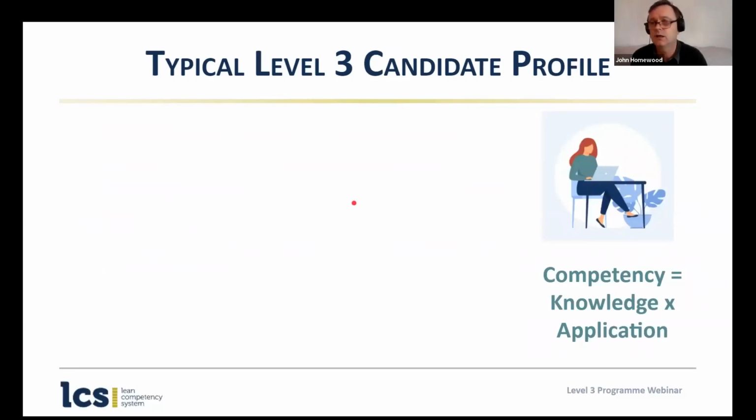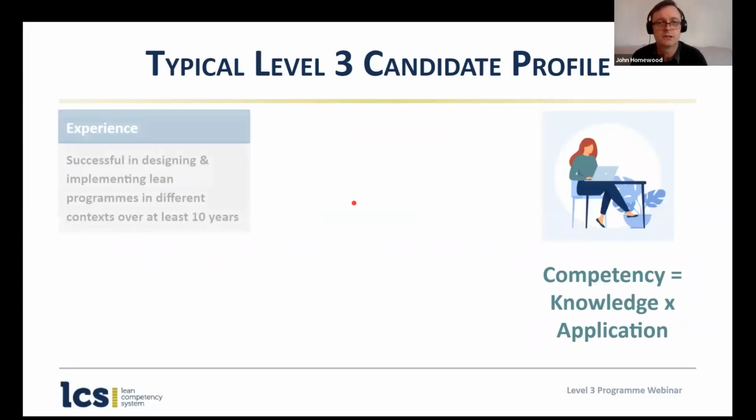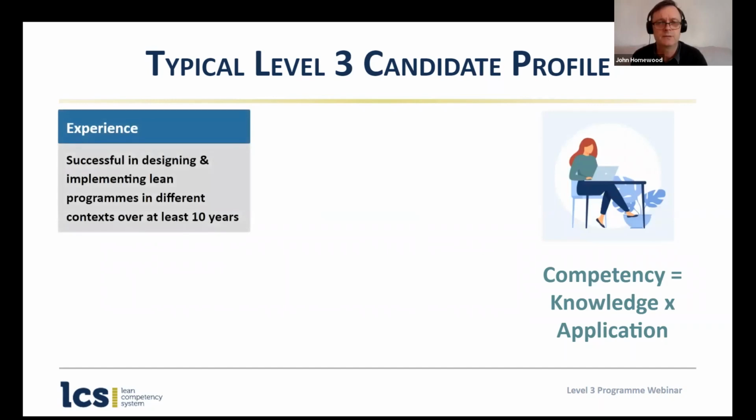Okay, so I've mentioned a couple of examples earlier. The typical experience profile of a level 3 candidate, not unreasonably actually, is probably at least 10 years in the field, if not full-time, certainly a significant part of their working role. And for example, there might be some operational directors who,